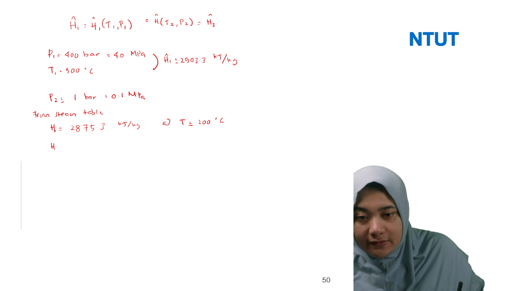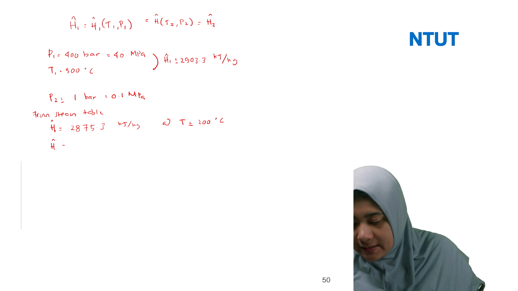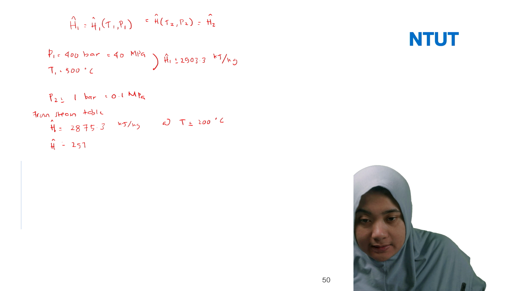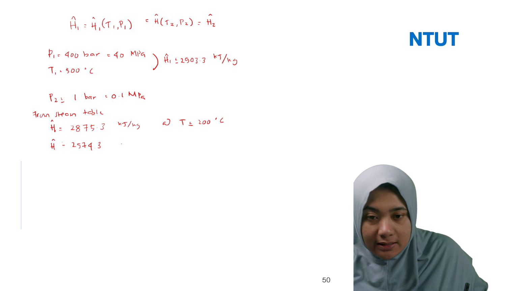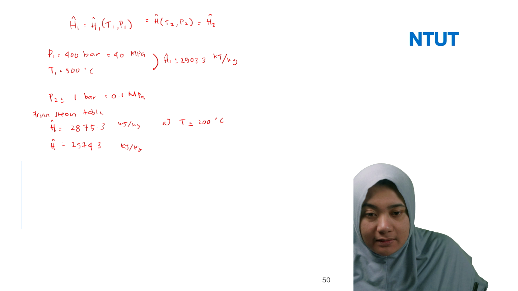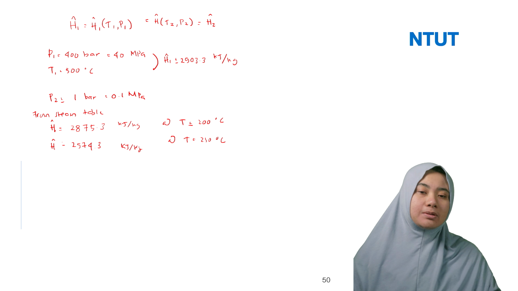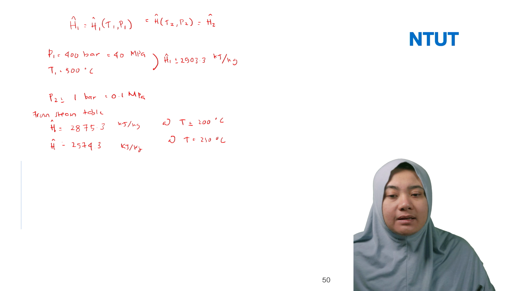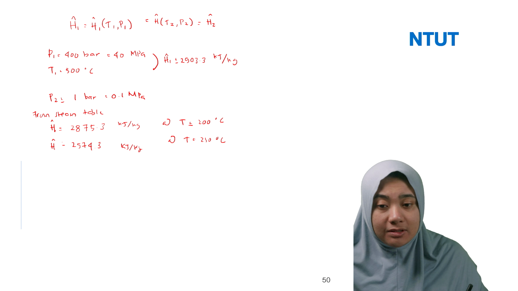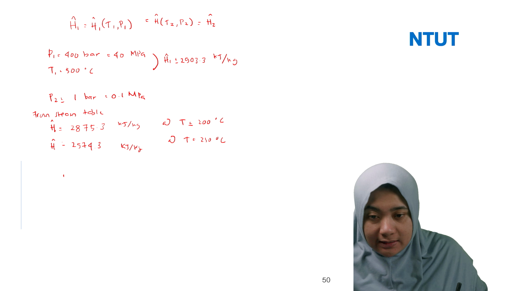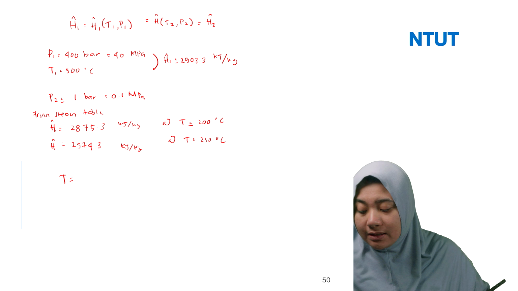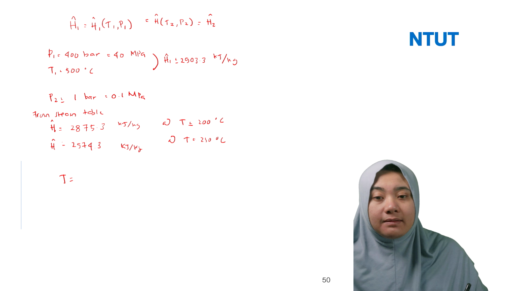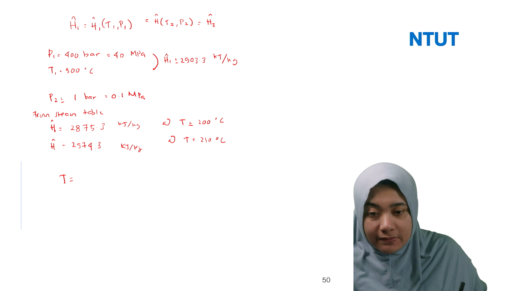And then for the other H, you have the data from the steam table, 2974.3 kilojoule per kilogram. This is at 250 degrees C. Then because you have H1 equal to 2903.3, how much T2 exactly should be in between these. Because we don't know T2, we can use interpolation. Isenthalpic condition, the enthalpy is the same, but T2, the temperature, is different. So we can use the interpolation.